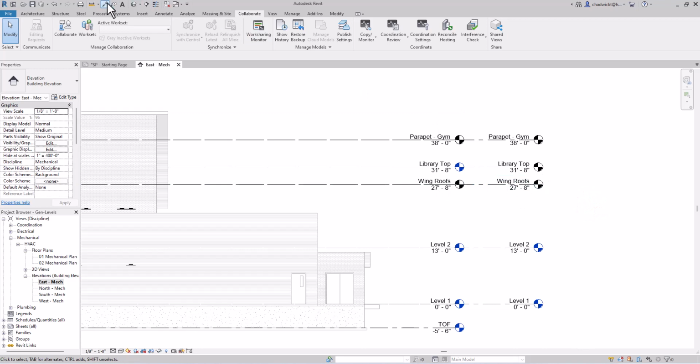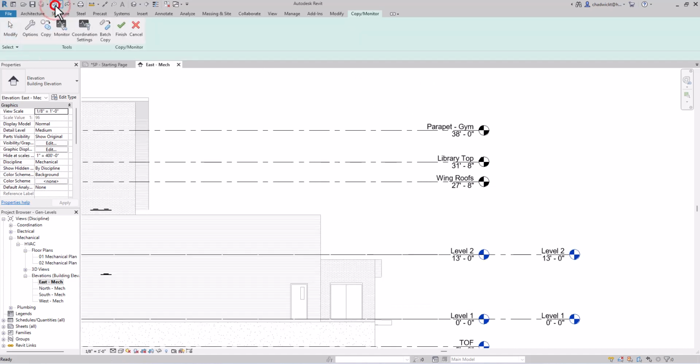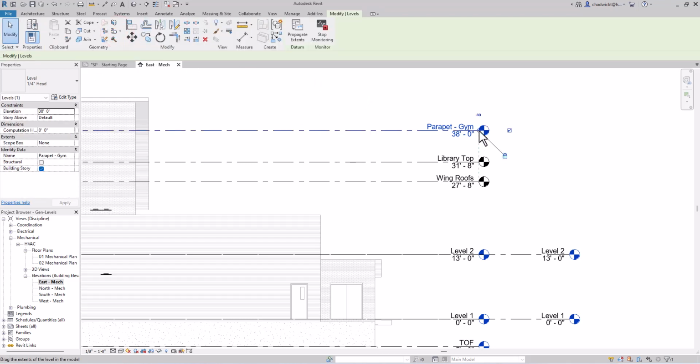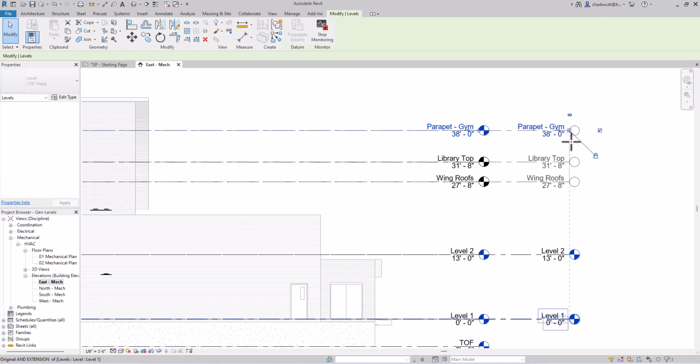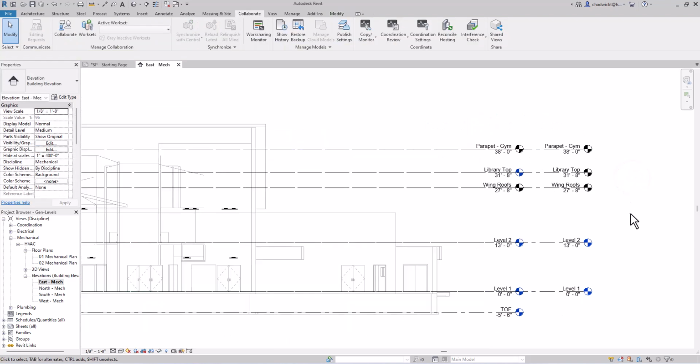I'm going to back up real quick just to show you that same step, but without the multiple option. So I will back up a couple times before I copied and monitored those. And I'll just choose the copy tool. And instead of using the multiple, you can just individually pick each item. And as you can see, there's a brief little delay while it copies it, but it's not too bad. So if it's just 2 or 3 items, I'd probably just go ahead and pick them individually instead of using the multiple option. But again, either way will get me the same result, which is the levels copied into the